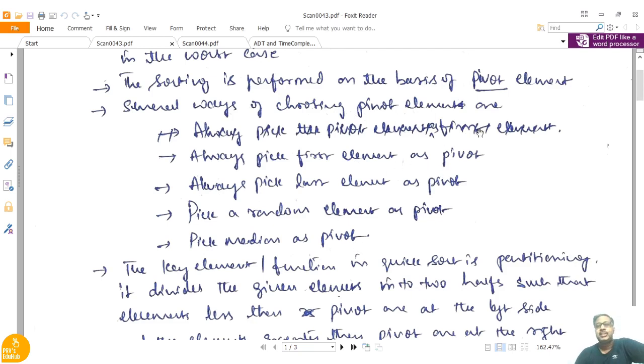The pivot choosing is completely the user's choice. He may pick the center element as the pivot element, or whatever element he wants.